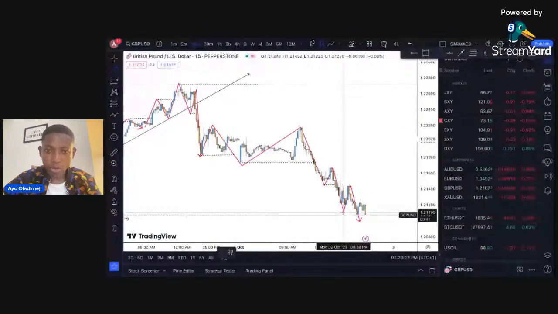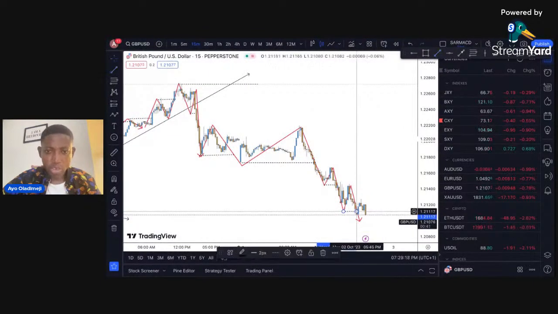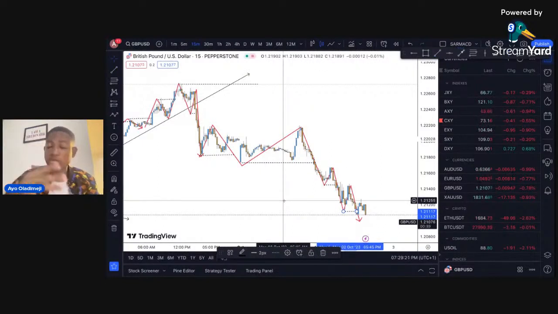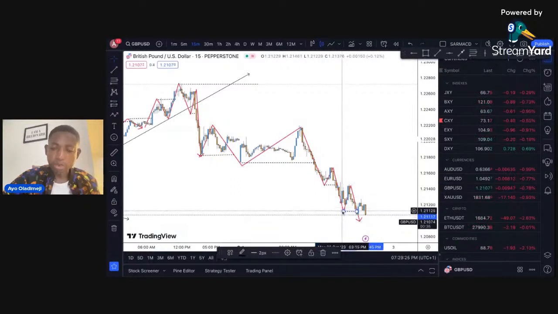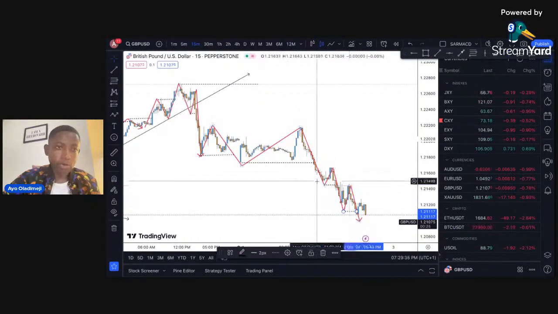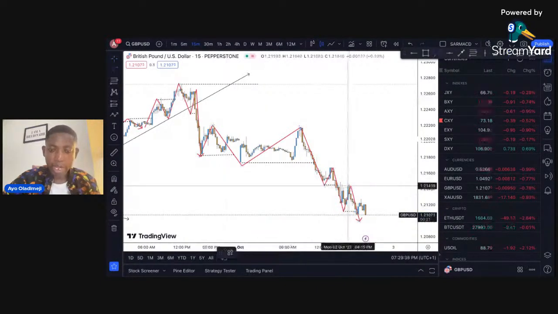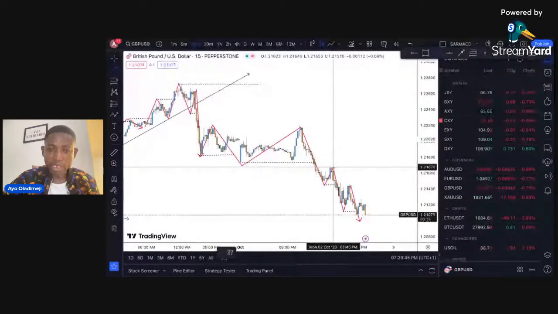A lower low here. And don't forget, I always tell you this, they are also structural, because when we were doing support and resistance, we talked about this thing. So this is like a support area. Okay, but when it comes to trend, we are not talking about support and resistance. We talk more about lows and highs. So this is a lower low. It went up, gave us a what? This lower high,